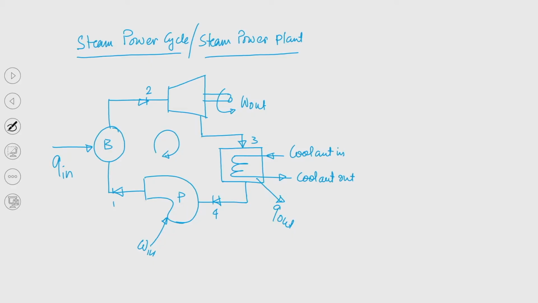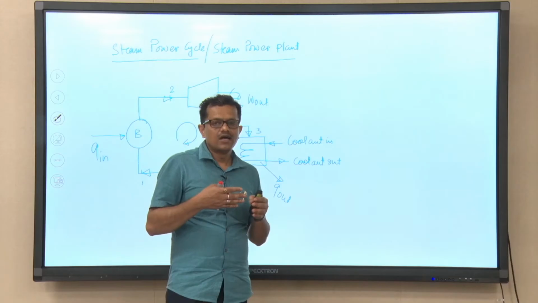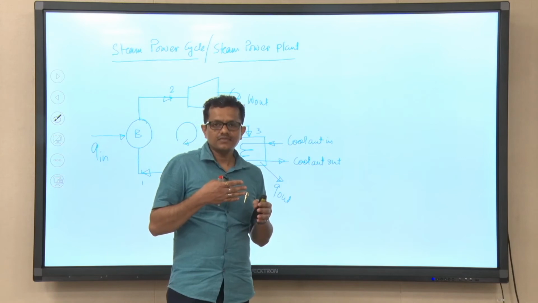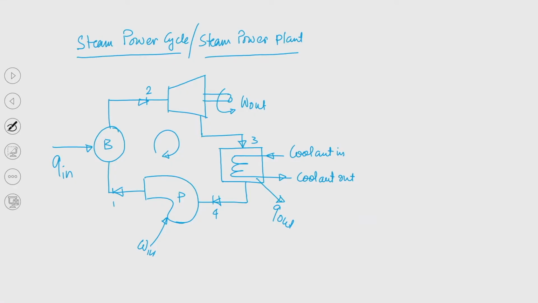Now, at least we have understood from the previous class that the working substance for this particular cycle is a steam water mixture. When the working substance enters a particular equipment and when it comes out from that equipment, there is a process, and those processes we have identified. In a pump, there is a rise in pressure of the condensate which is collected from the condenser. The purpose of the pump is to develop pressure.